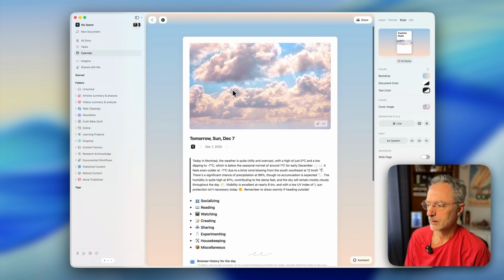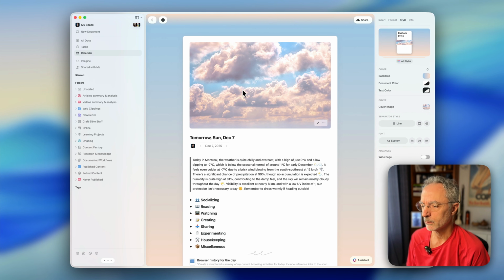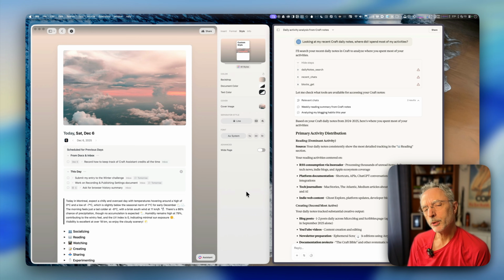So you get this basic idea of how I'm creating a new daily note. I expect this to be improved in the future, where I will be using Apple Shortcuts to create all that stuff for me without having to do it manually. But that's for another project. Now I want to talk about my first use case of Craft MCP.